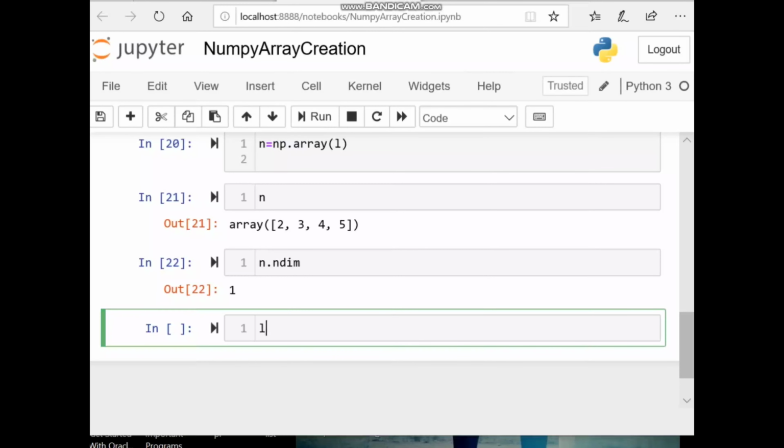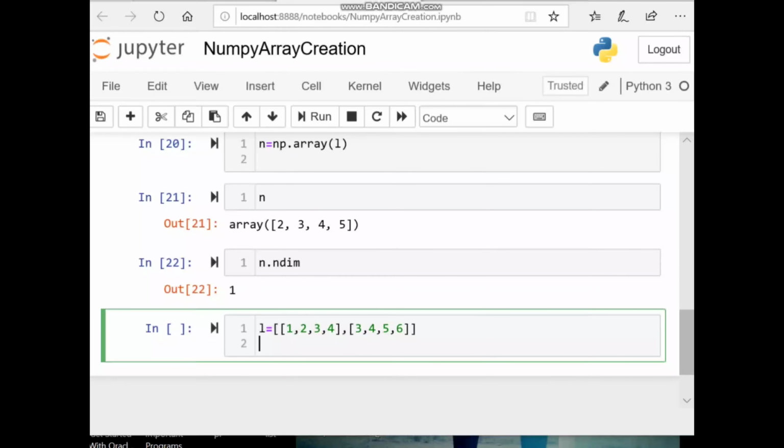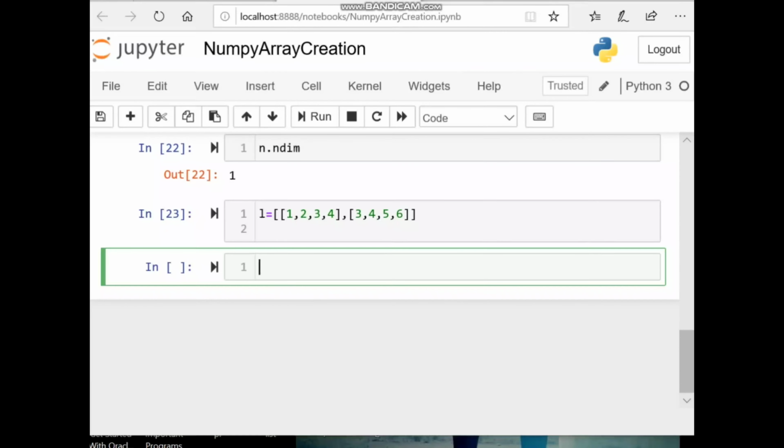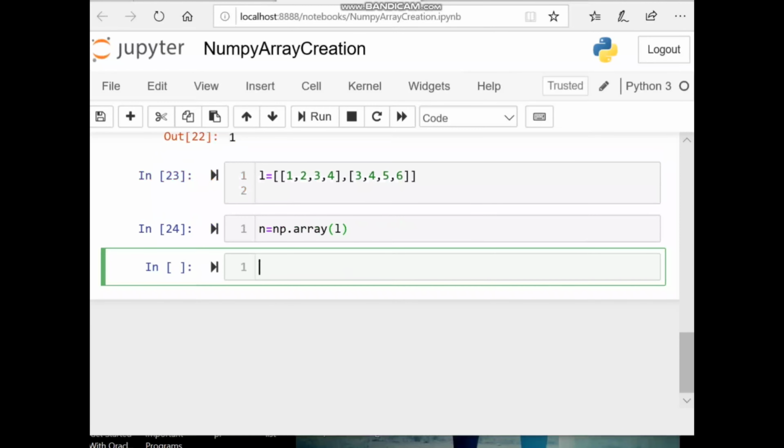If we create a 2D list like L is equal to 1, 2, 3, 4, 3, 4, 5, 6. Okay. And now we create a NumPy array. So n is equal to np.array and pass this 2D list and hit enter.